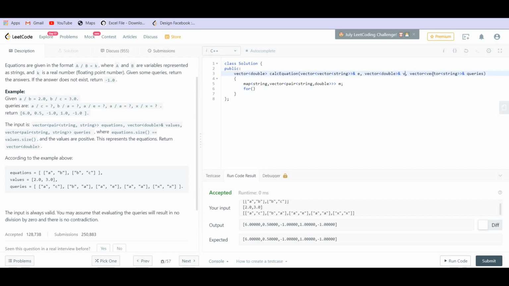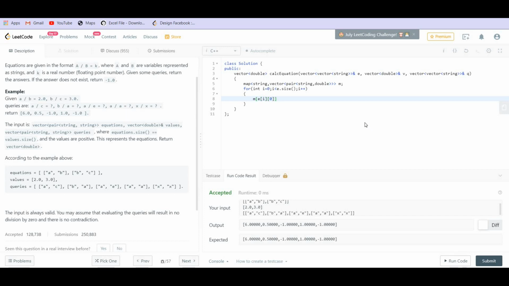This is equations, these are values, and these are queries. Now we are creating the graph, we are creating the edges. For int i equal to 0, i is smaller than e dot size, m of e of i.